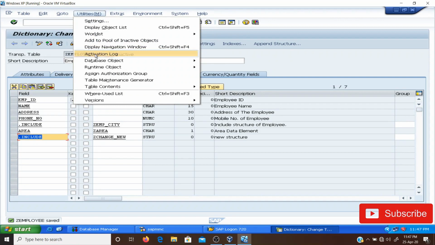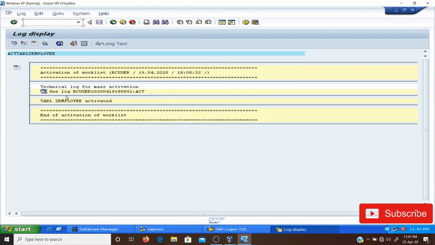When you click on it, you can see the last activation record is printed here, and the time is showing 19th of April 2020, and the time is also there. So for this time, the object table Z employee has not been activated and it is in the inactive version.